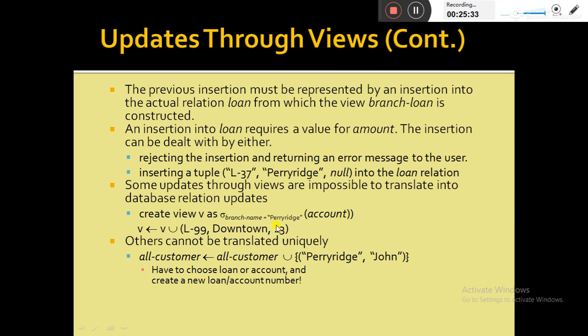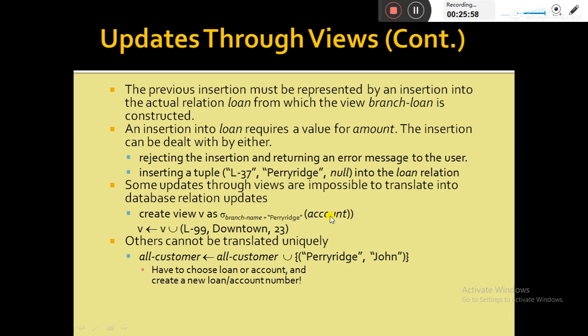Suppose we try to update the account relation with the help of view V. In the view we have only one field, branch name. So if we insert into V a branch name, then we are missing the account number and the amount. What is the option?